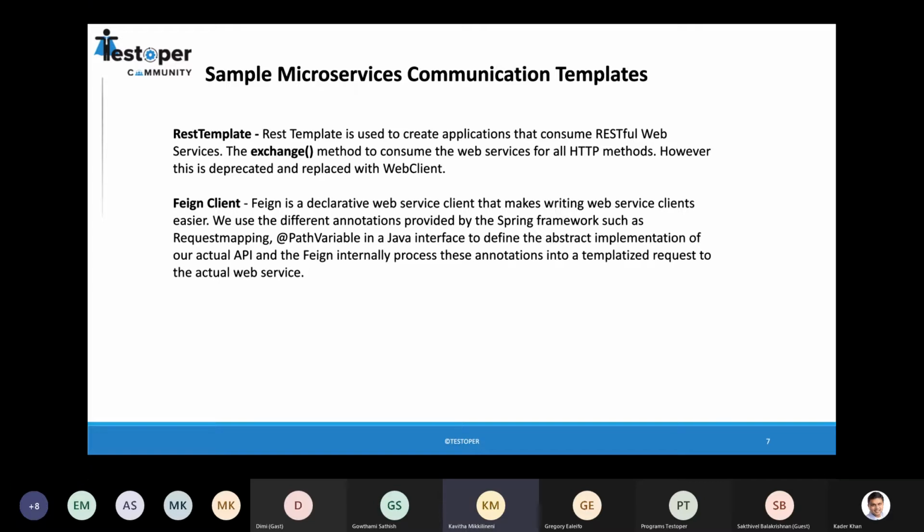So we just define the other service which we are going to call. We'll define that interface in a client class, and we don't write the implementation, or an explicit exchange method. The Feign client will do it internally. Okay, I'll show you an example. We'll see that.